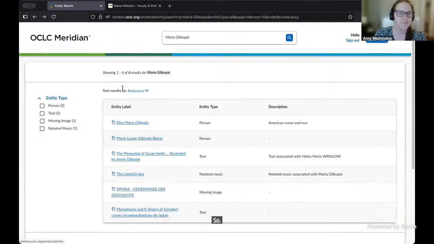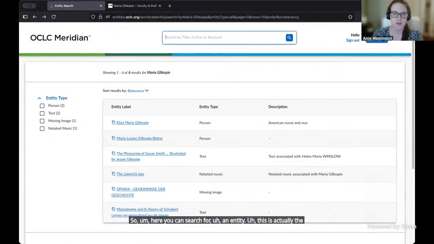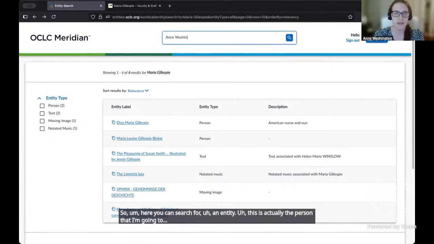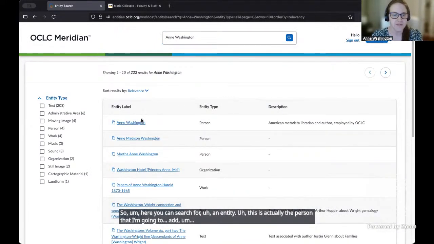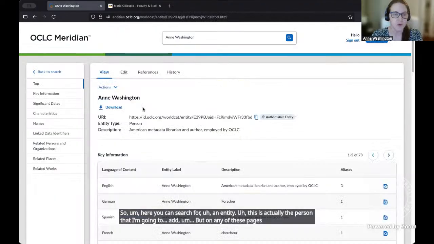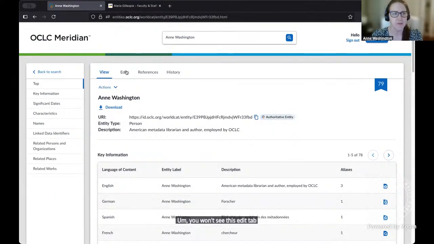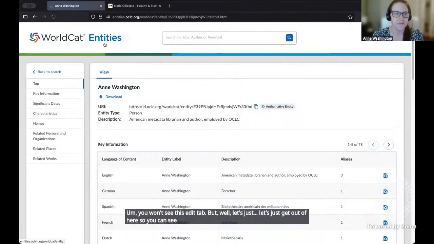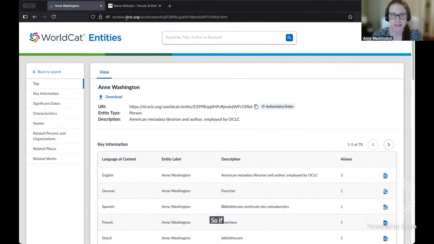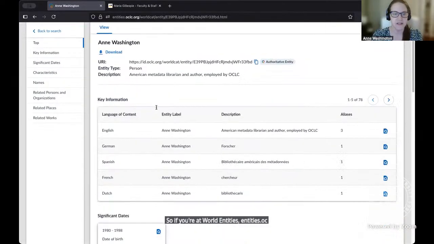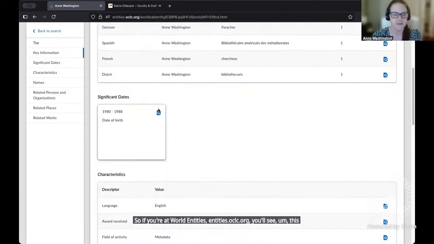So here you can search for an entity. This is actually the person that I'm going to add. On any of these pages, if you're in WorldCat entities, you won't see this edit tab. But let's just get out of here so you can see it. If you're at WorldCat entities, entities.oclc.org, you'll see this entity data.